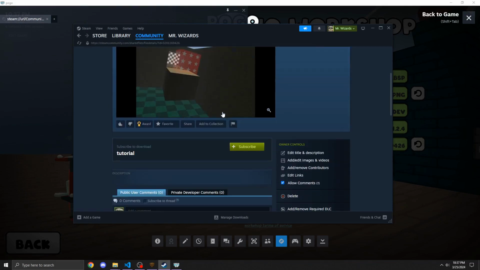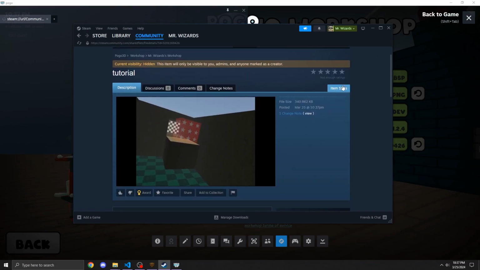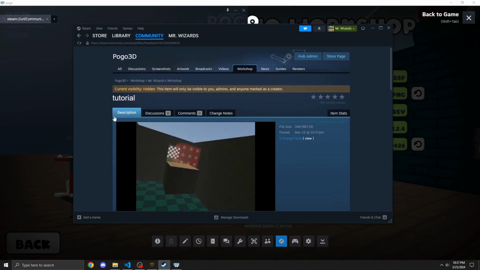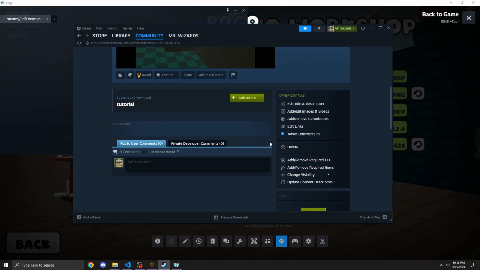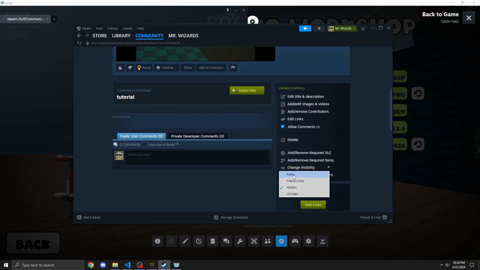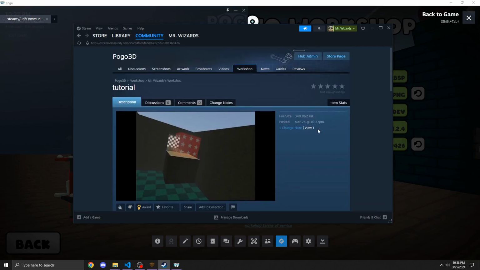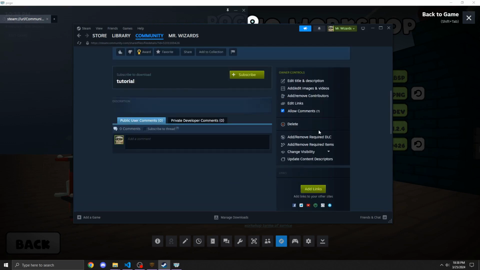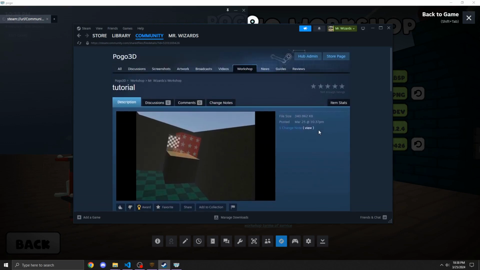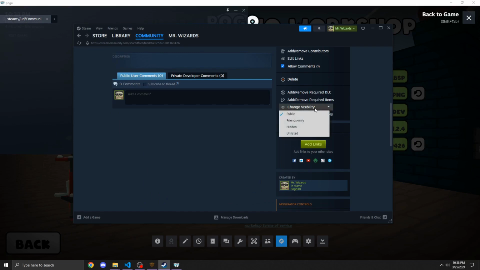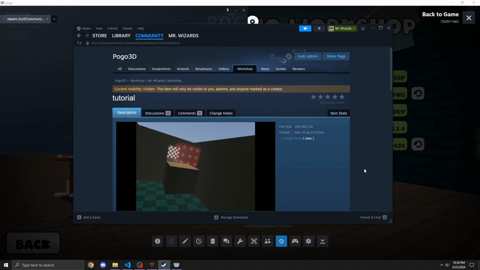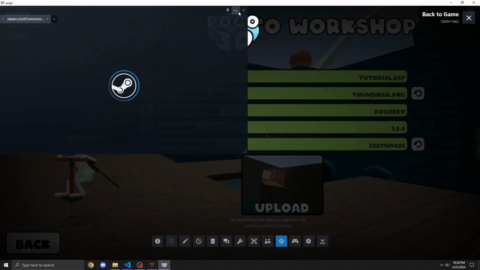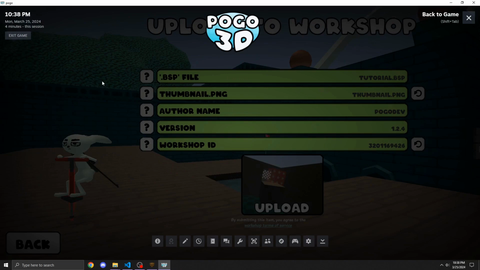And now I can add in some more screenshots if I want, or set a description, or change the title. But I'm actually just going to go down here and change the visibility to public and save. Wherever the save button is. Save automatically? Oh, whatever. Okay, well, I'm going to mark it hidden again because I don't want this one public. There you go. Now you have a map on the workshop,